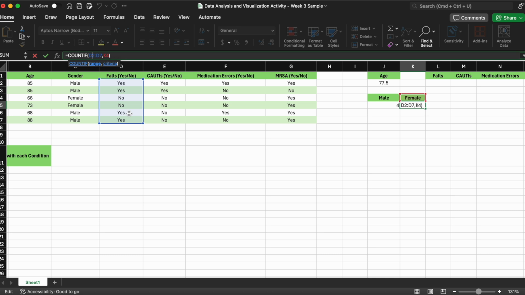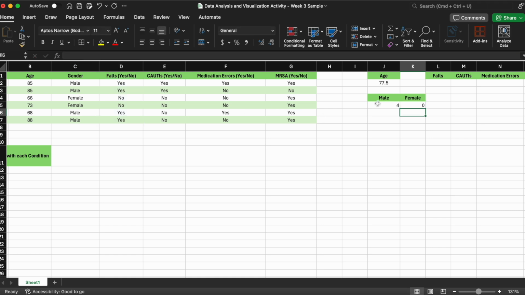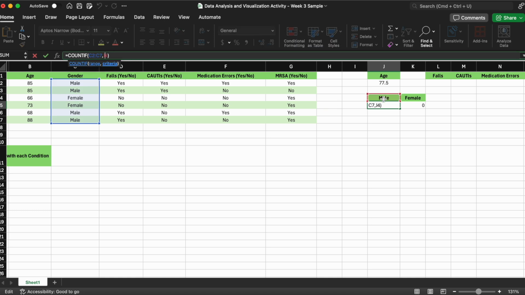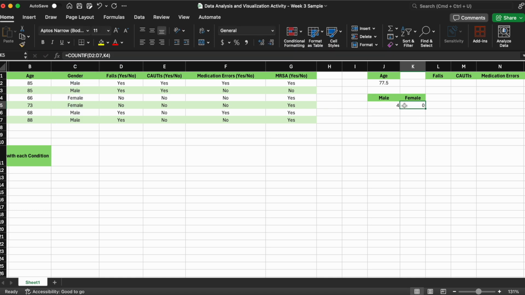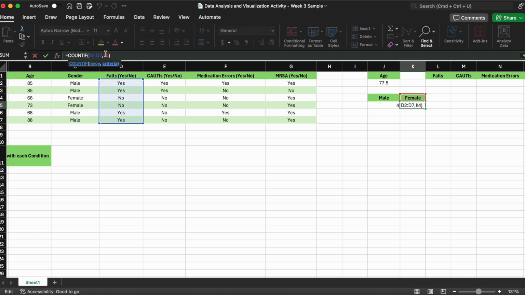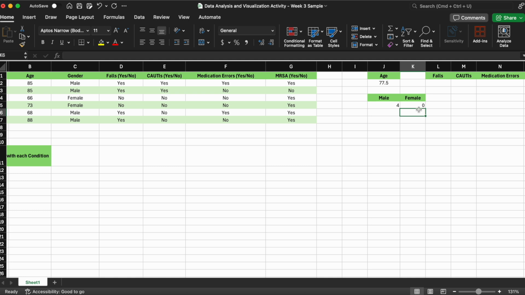I dragged it 1 column to the right, and it moved all the references 1 column to the right. It even changed male, the cell that has male in it, over to the cell that has female in it. Now, that's not helping us for this particular problem because we still want to count the cells that are in